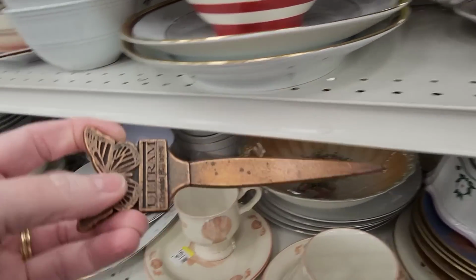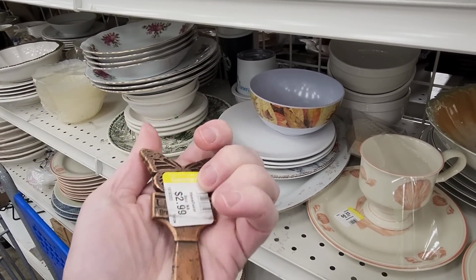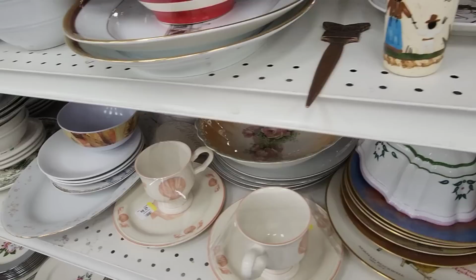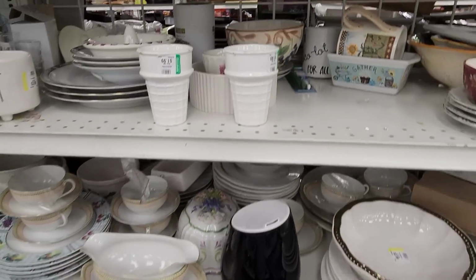And they have a letter opener. It looks like it's for medicine. Ultram tablets. Okay. See, they have a